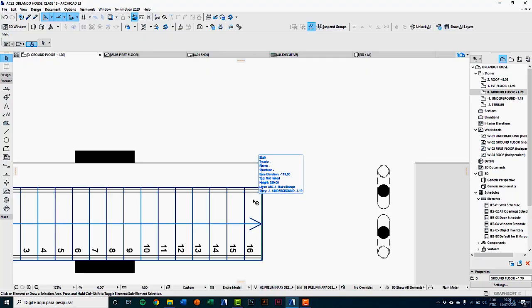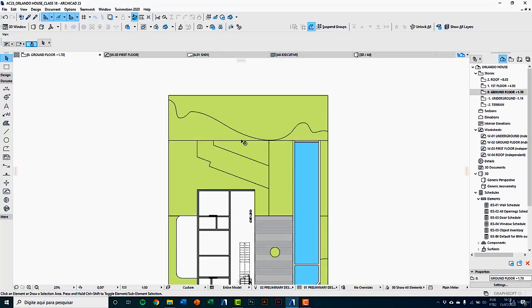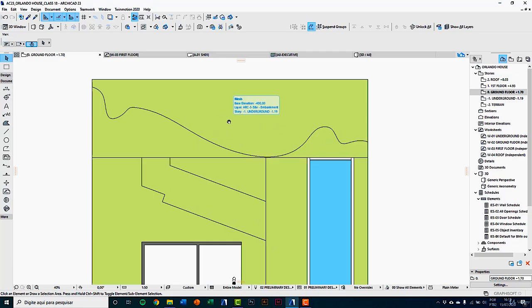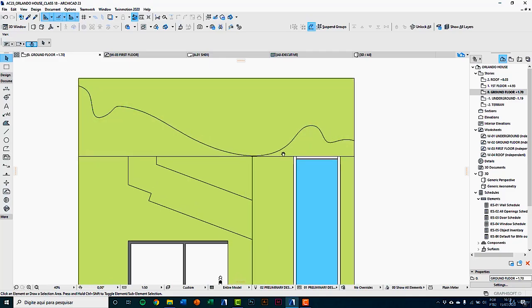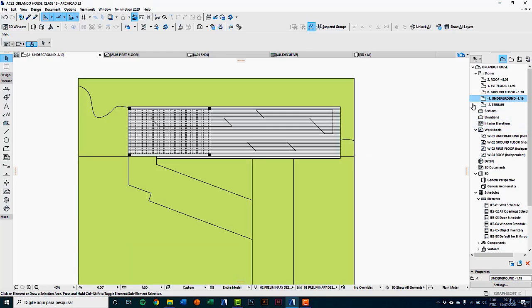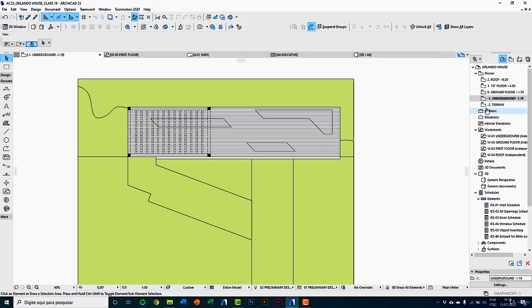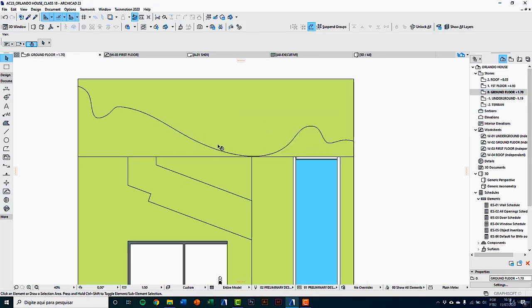It's the same situation. And here at the back of the terrain, we have another thing. The view to bottom floor. We aren't seeing the wood deck and pergola made on underground floor. Clicking here on underground, you can see it. And on ground floor, we aren't seeing these elements. So here on underground floor,